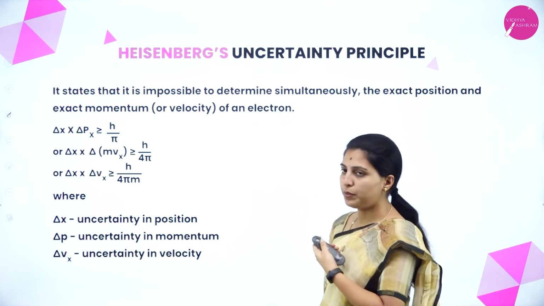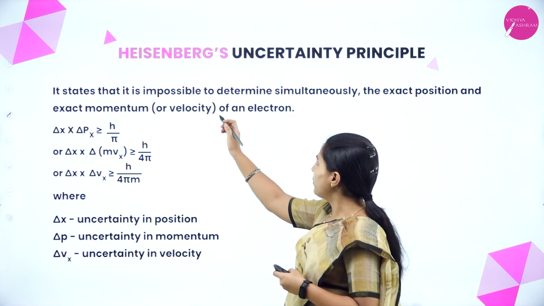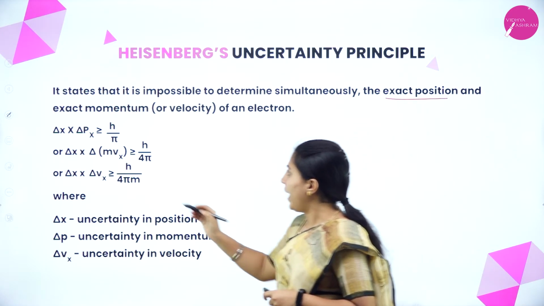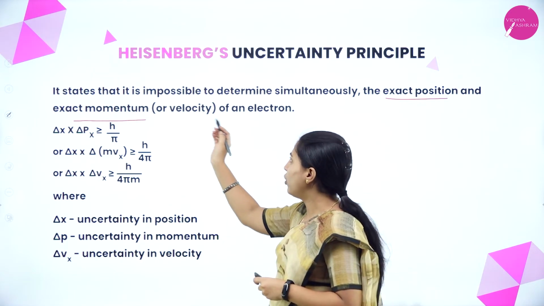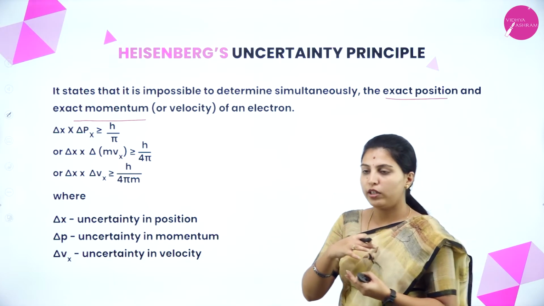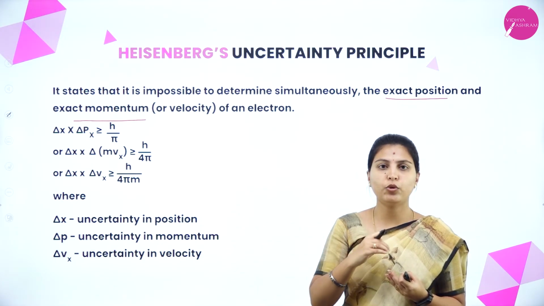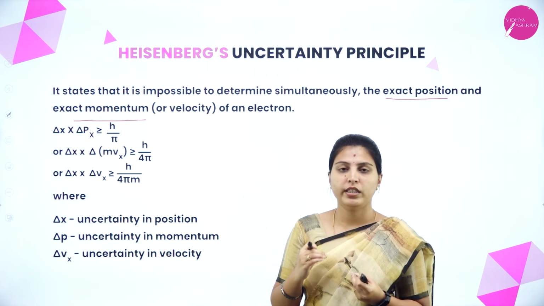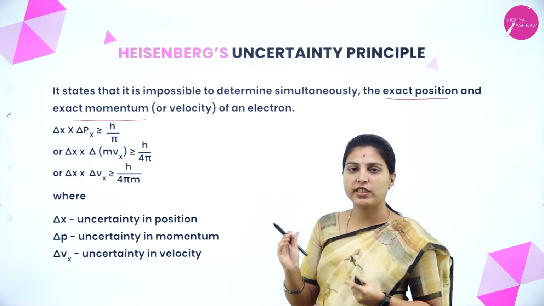Another one, Heisenberg's uncertainty principle. What he told? It is impossible to determine simultaneously the exact position and the exact momentum or velocity of an electron. When the electron is moving around the nucleus, it will be in a moving position. What he told means, at the moving of electron, he could not predict the exact position and the exact velocity